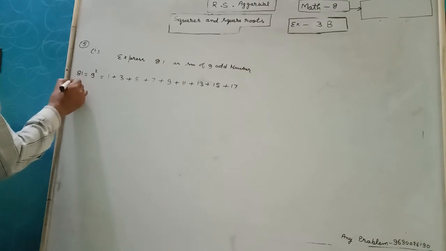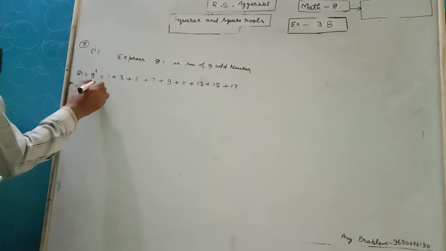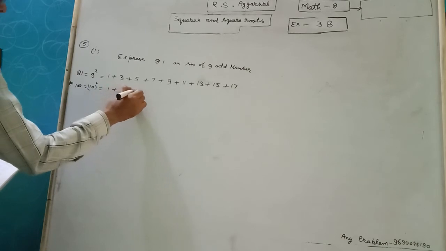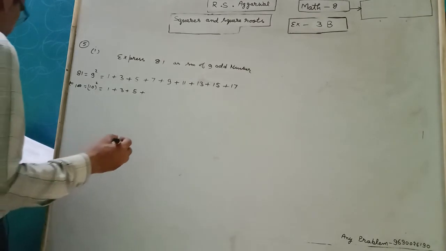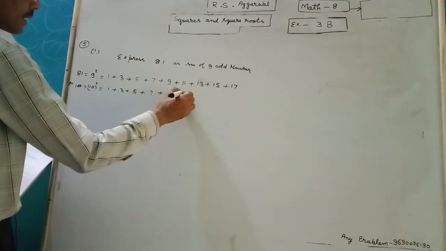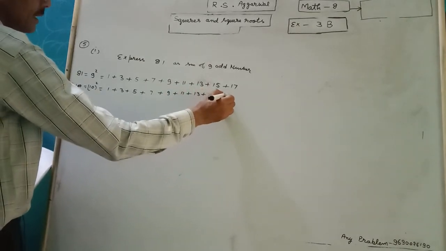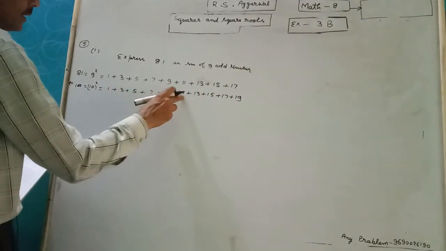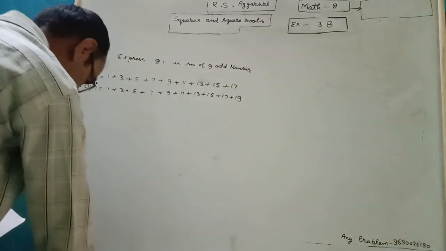First part is complete. Third part is second part. 100 is equal to 10 square. This time write the prime first 10 odd number. 7 plus 9 plus 11 plus 13, 15 17 and 19. 1 2 3 4 5 6 7 8 9 10. Question number 5 is complete.